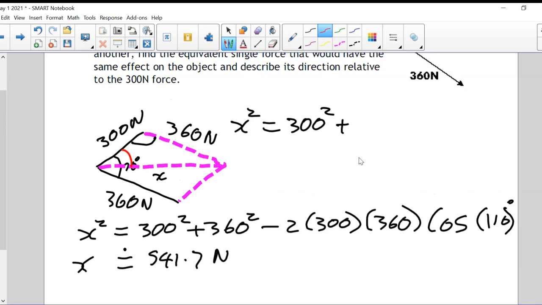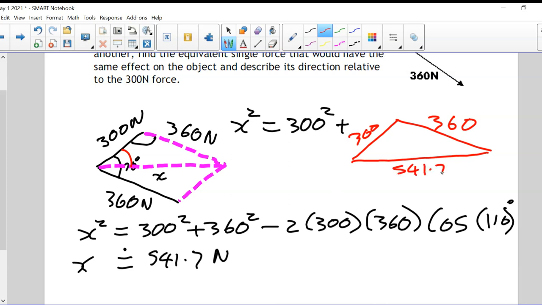Let me draw another little triangle over here, similar to the one that we're working with now. All right, this is 300 here. This is 360 right here, right? I'm just kind of following the pieces of this triangle over here. And this side that we just worked out is a 541.7. All right, these are all in newtons, by the way,